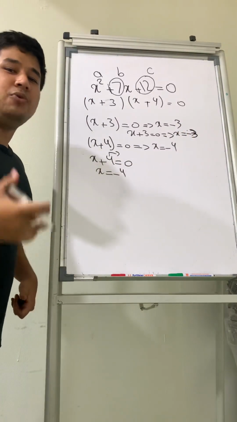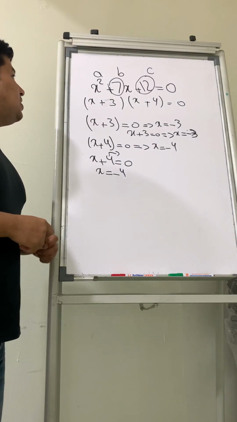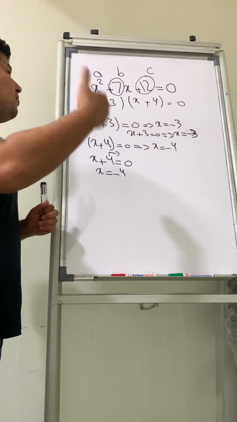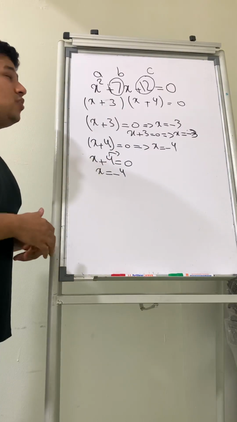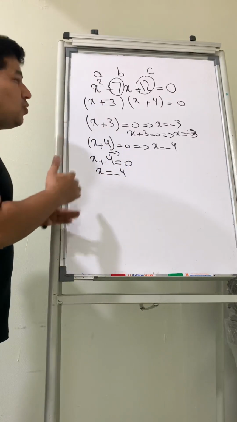That's how easy we find the solutions of a quadratic equation by using factorizing or factorization. Although we might get more difficult questions, this is the basic of factorizing. This is the basic question that